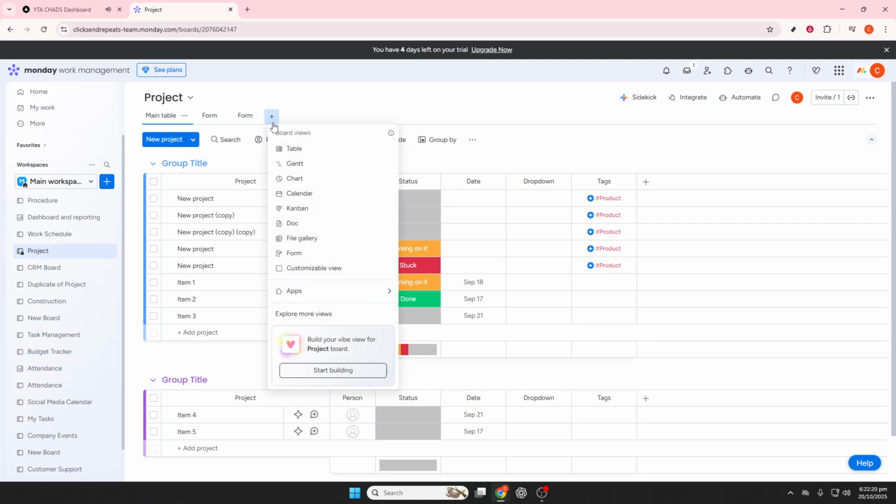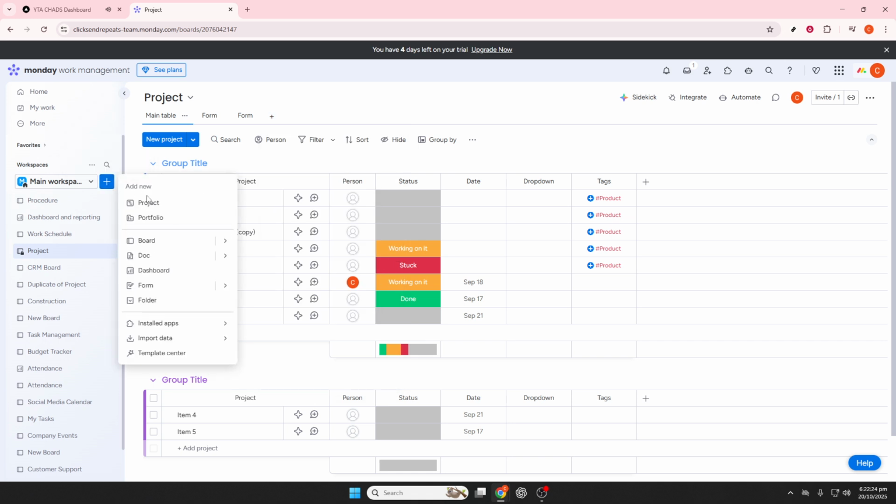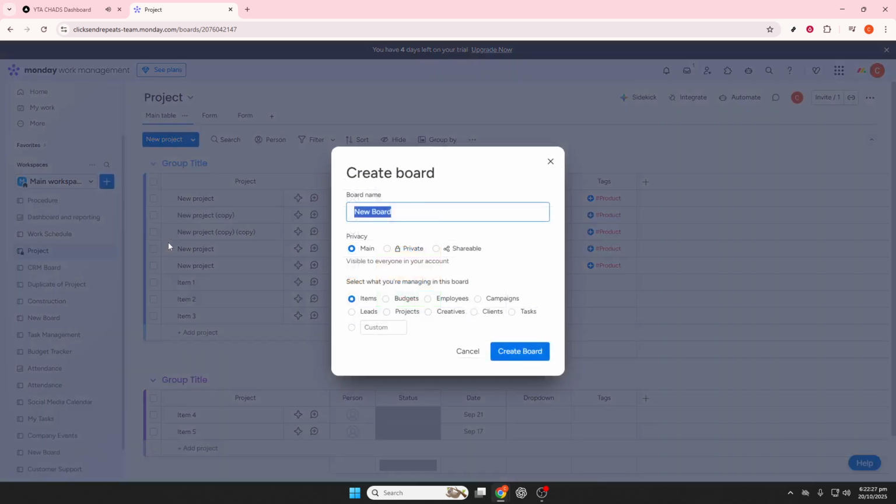You have the option to start from scratch, or if you'd like to save some time, you can use a template. Just head over to the Templates Center and search for bug tracking. When you find a template that suits your needs, click Use Template to get started with preset columns for status,